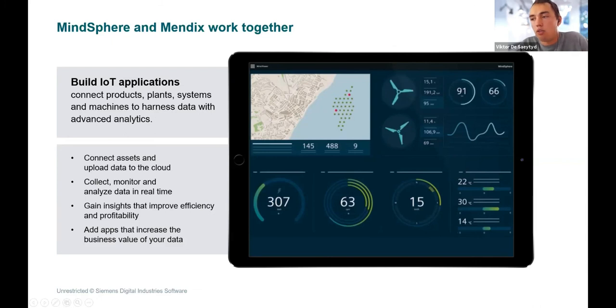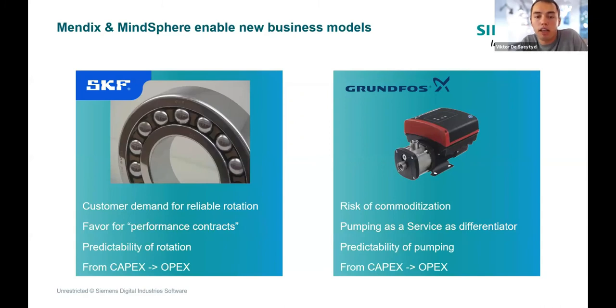And also what we previously talked about, the new business models which are rising. I think that IoT is playing a huge part in this. And the combination of IoT and low code may really push these new business models towards new customers. We already have a few customers which are implementing servitization or a new business model at the moment.